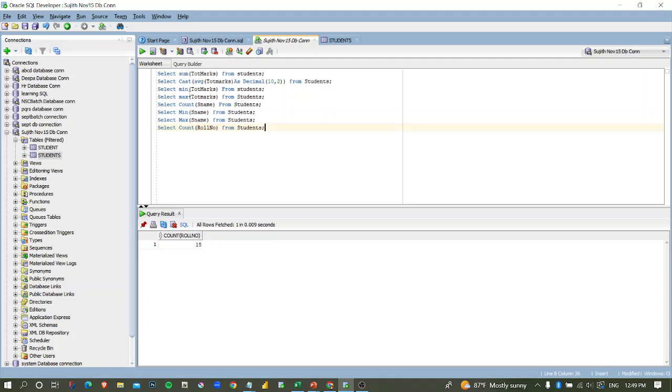So like this, the min, max and count functions can be applied on the text data as well as on the numerical data, but the sum function and average function can be applied on the numerical data only. You can't apply them on the text data. So this was the information about aggregate functions. So let's meet in the next